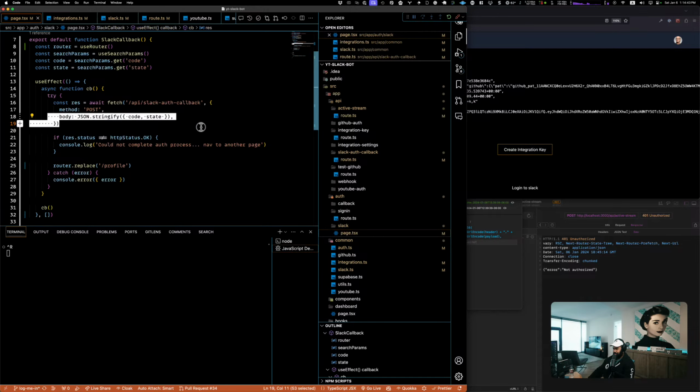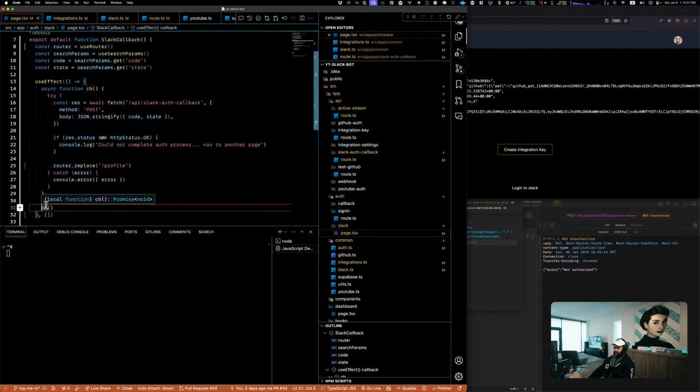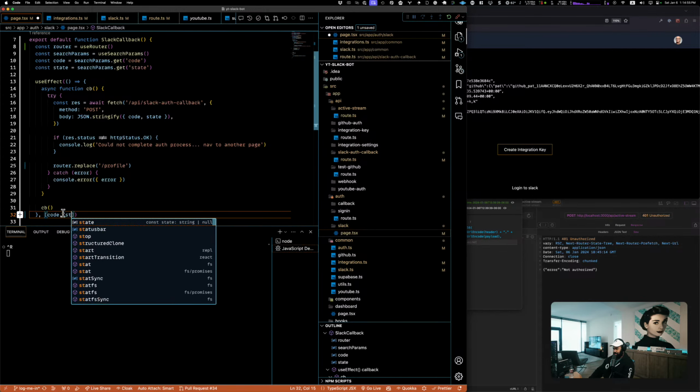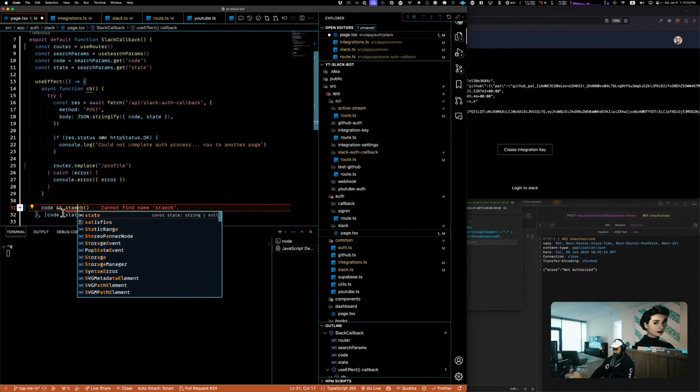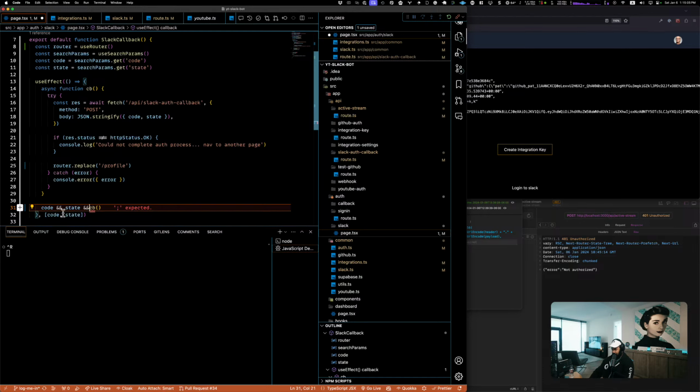Maybe I only want to do that if there is actually code and state. So we'll say code and state, and then we'll say code, state, and then that. So now we should never get this called whenever there's not any code in state.